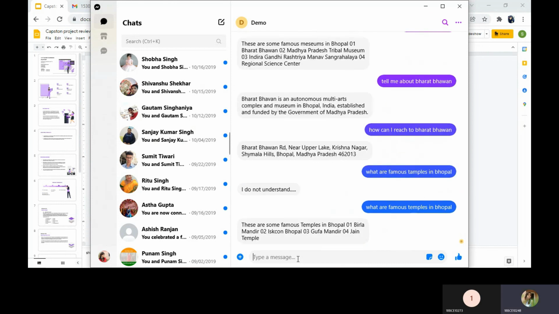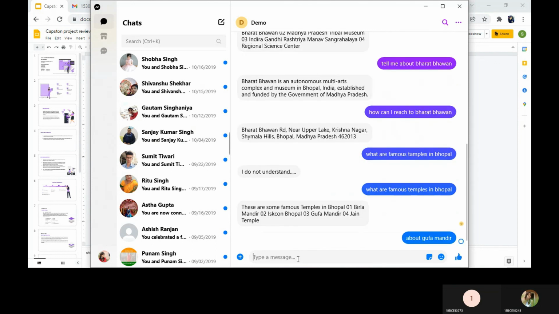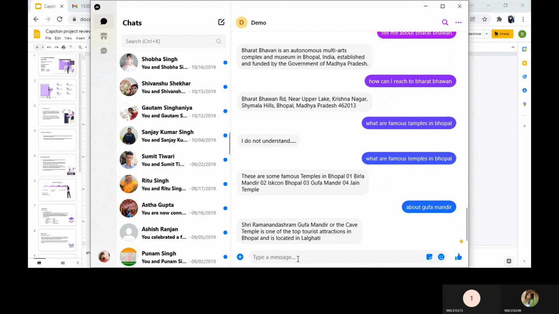So these are the famous temples in Bhopal. Now about Gufa Mandir. Okay, so Gufa Mandir. Then, if I want to visit different cafes, tell me what are the famous cafes in Bhopal?